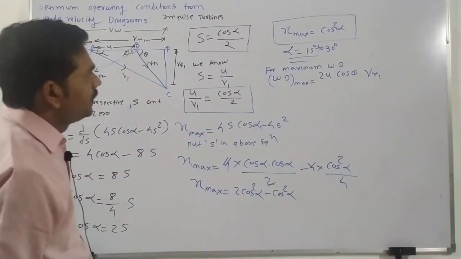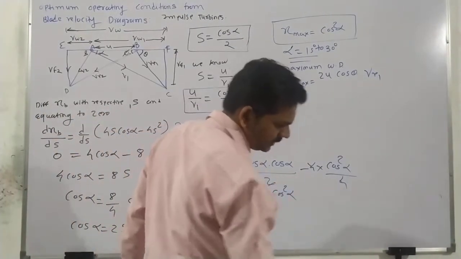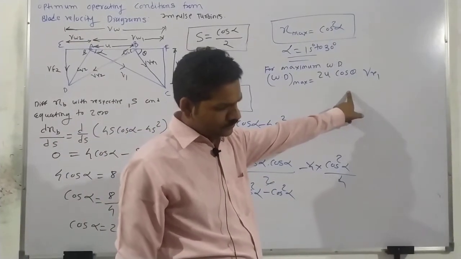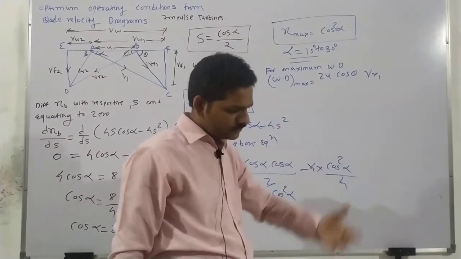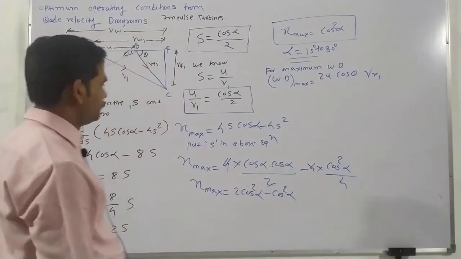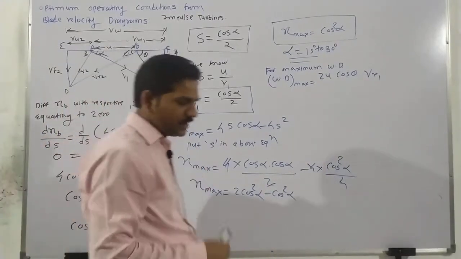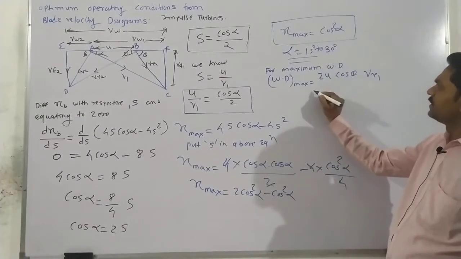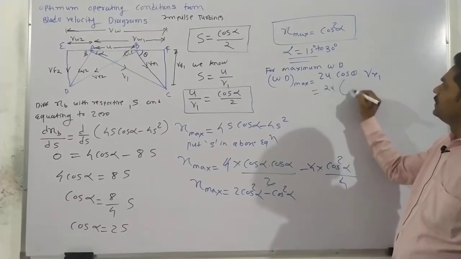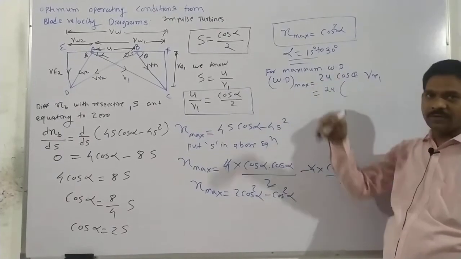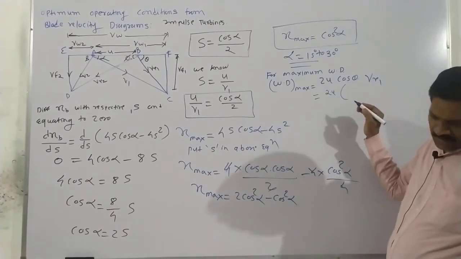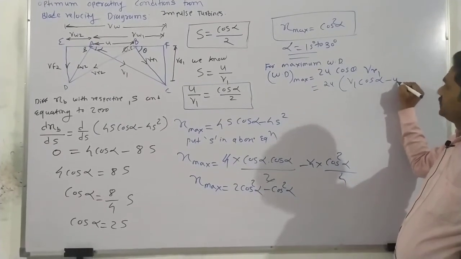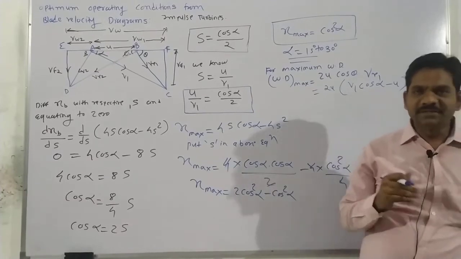So how can you solve now V R1? Tell me. Very easy. Twice U, this cos theta. So you change this value. Which value? This cos theta is this one. So you put all the values. We know from our previous derivation, twice U cos theta V R1, we already proved in our previous steps. What is this step? This step is V1 cos alpha minus U.